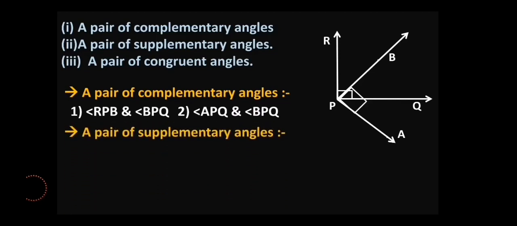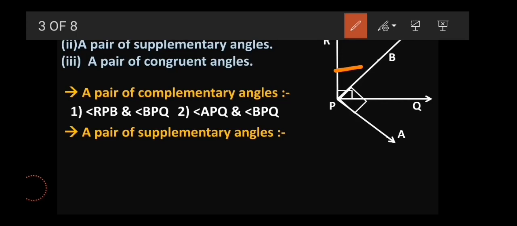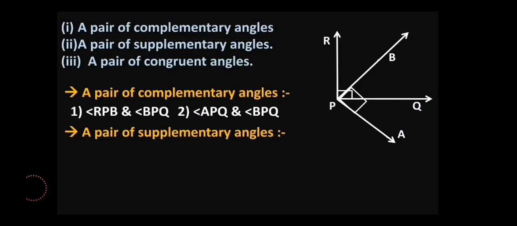So the second question is a pair of supplementary angles, and this is the easiest one because we know there are two right angles in the diagram, right? So if we just write the names of them, that makes the supplementary angles, and the two angles are angle RPQ and angle BPQ. If you observe the diagram, here it is 90-degree over here and another 90 degrees over here, right? And those two angles, if we add them, the sum will be 180-degree. So this is our second answer, RPQ and angle BPA, correct?